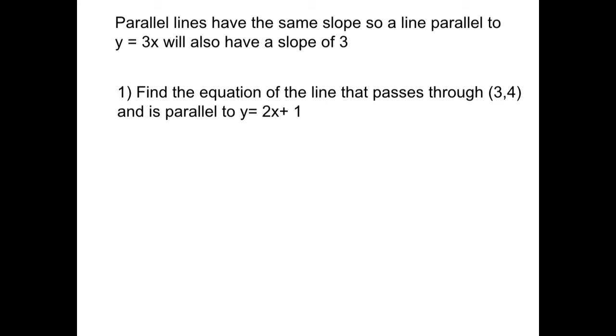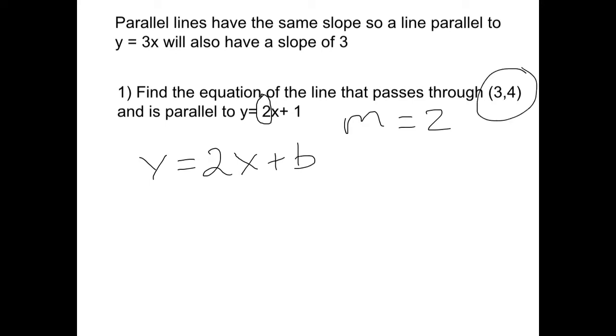So we're still going to follow the same steps, because in this case we're finding the equation of the line that passes through (3, 4) and is parallel to y = 2x + 1. The first step that we've been following is to find the slope. The good news is the slope of a parallel line is whatever the slope of the line parallel to it is. So in this case, the slope is going to be 2. We don't have any math to do. We just look at the equation of the line that's parallel, and that's our slope. So we substitute it in for m,